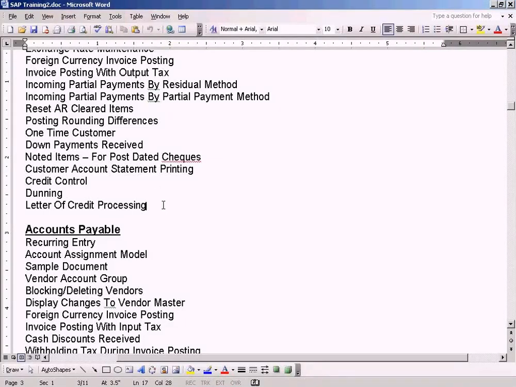Now we're going to see letter of credit processing. Okay, letter of credit processing, or more popularly known as LC, is actually a type of